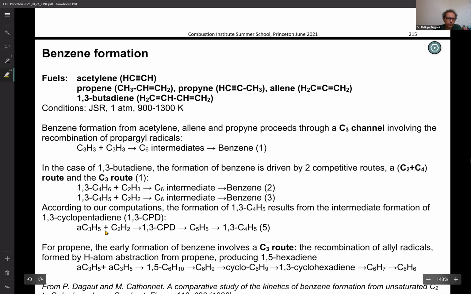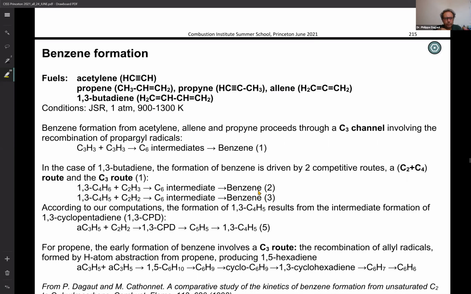So you have the allyl radical, which reacts with acetylene to form 1,3-pentadiene, which after H atom abstraction, you get this radical, which in turn will form 1,3-C4H5, and 1,3-C4H5 reacts with acetylene to produce benzene. For propylene, we have an early formation of benzene, which involves a C3 route, the recombination of